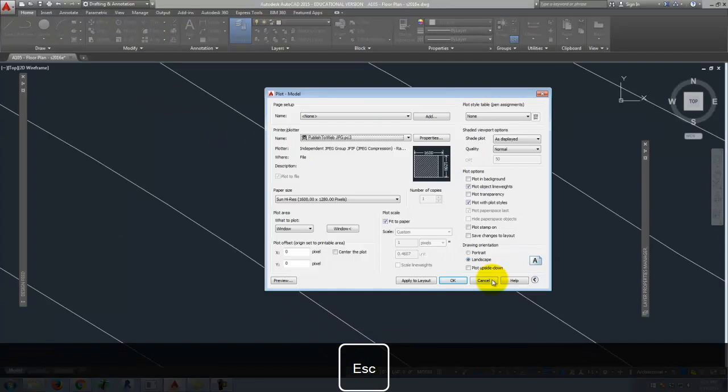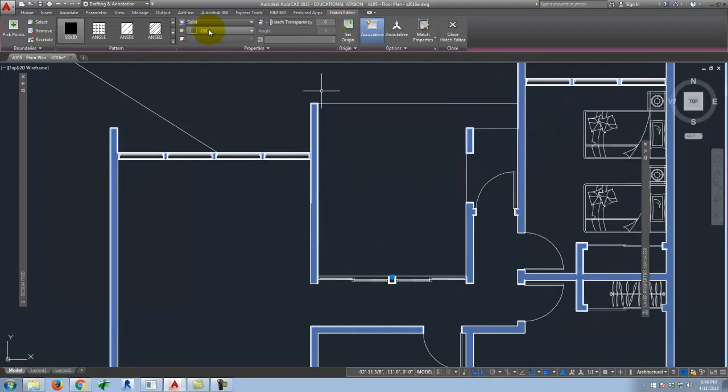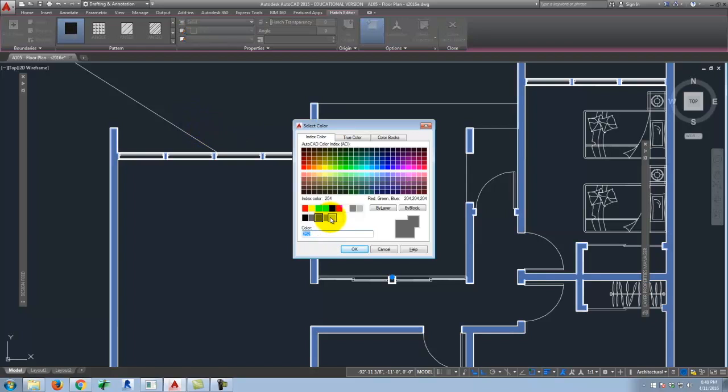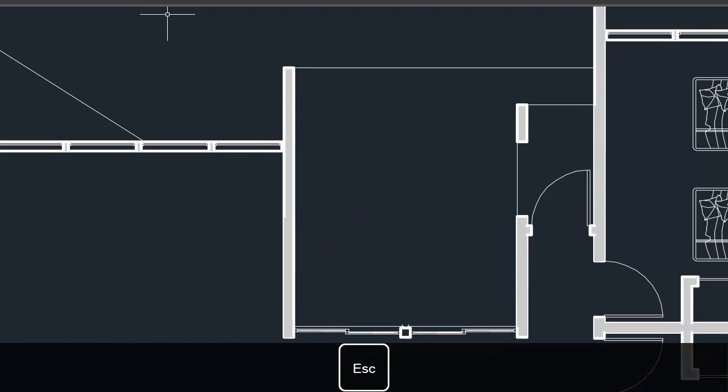We could go back. We could select this again. And we could say, let's make it even lighter. Go to more colors here. Let's drop it way down to maybe color 254 or something like that. And now if I were to print it,